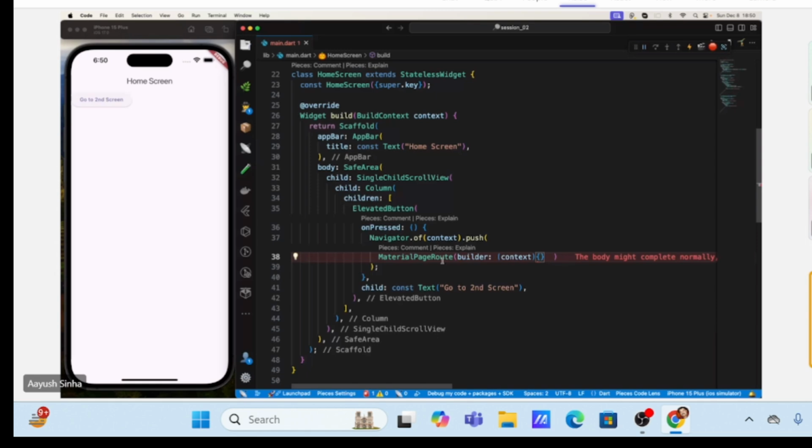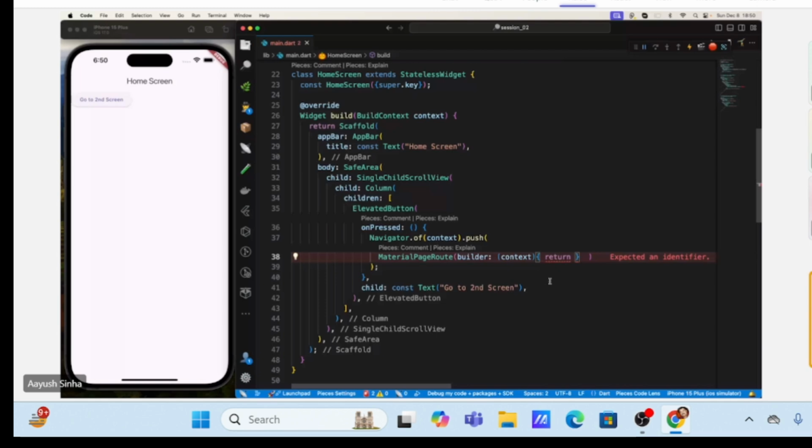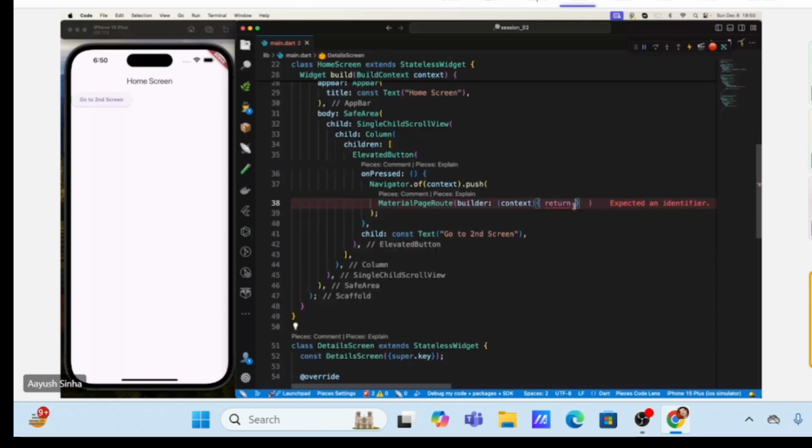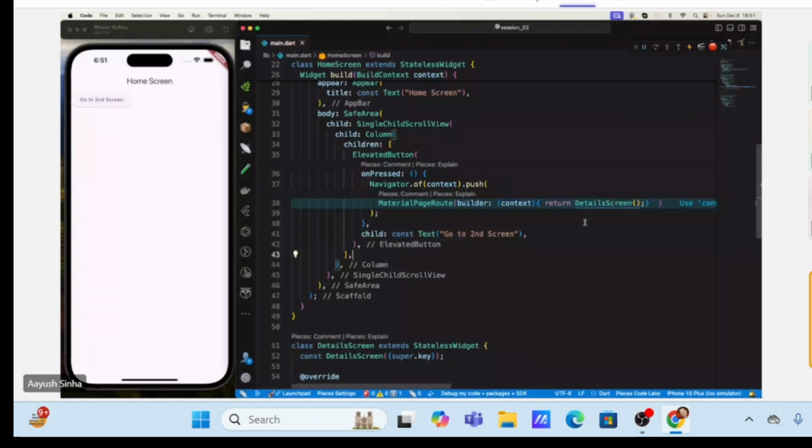Also, this function should return a widget. This is the function, and it should return a widget. So what I will do is return the below screen, the detail screen, like this. Because this is a one-liner, we also have something like in Java, where we have lambda functions,